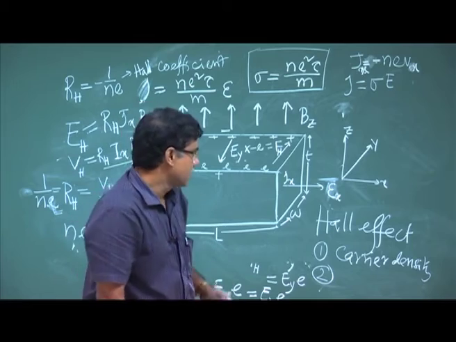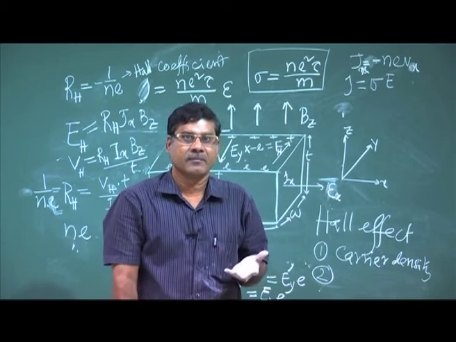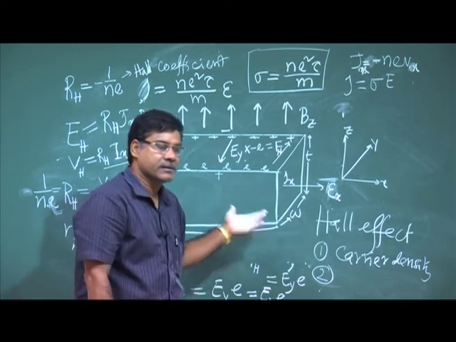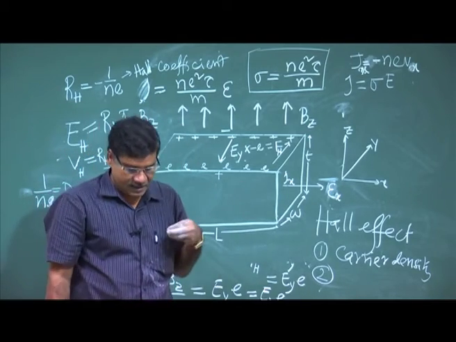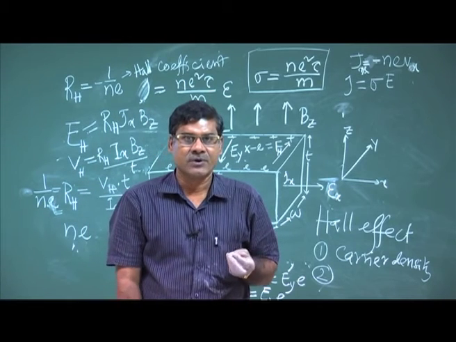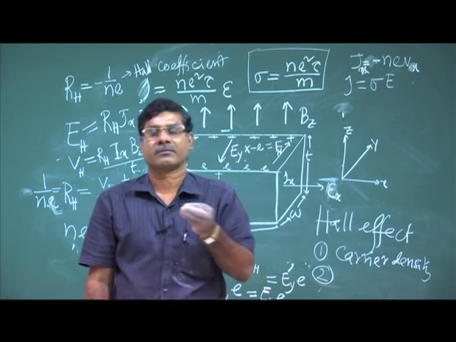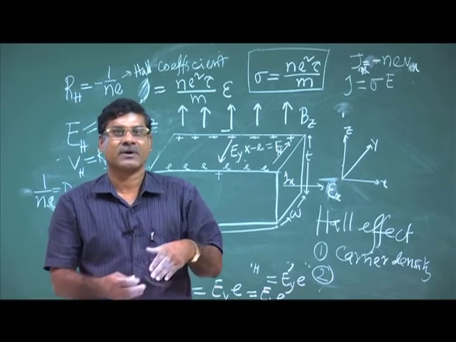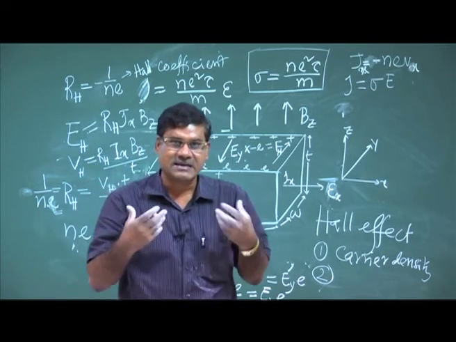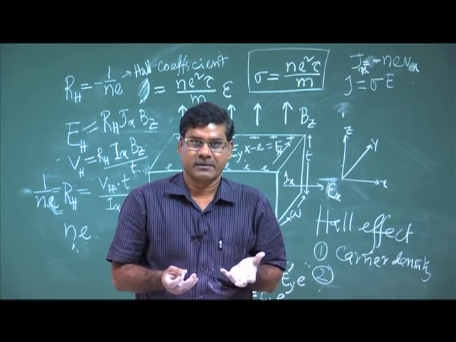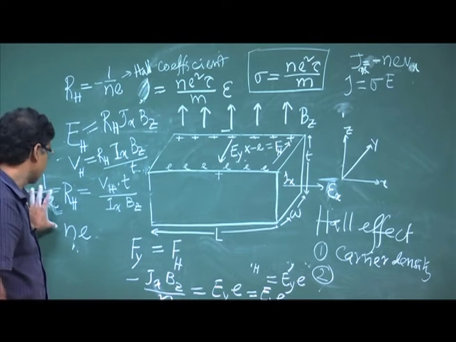So, especially for semiconductors, this effect is very important, and based on this effect we can tell which type of carrier is there in the semiconductor, either hole type or electron. That means whether it is an N type semiconductor or a P type semiconductor, and what the density of this carrier is, that also one can tell. In P type, what is the density of carriers.